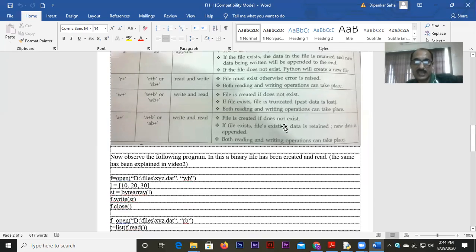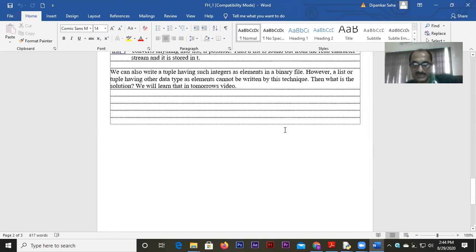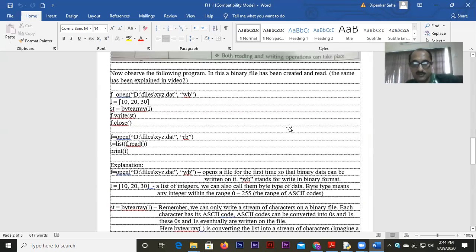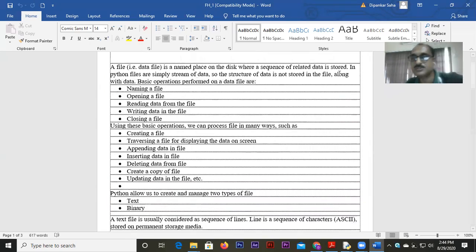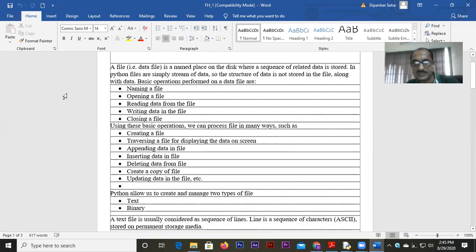And one more thing I would just like to remind you to read from the notes. I do not exactly remember which note it was, but I definitely gave you the difference between read, readline, readlines. Read, readline, readlines. Because I was just going through the papers, questions have come in the CBSE paper.